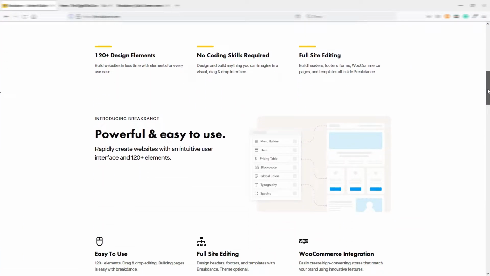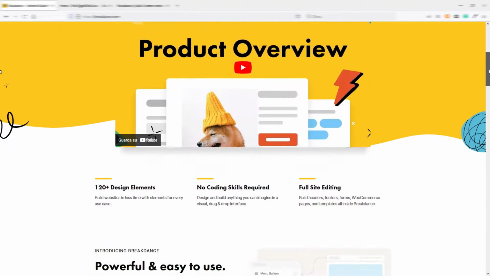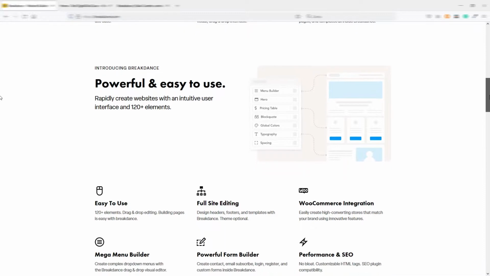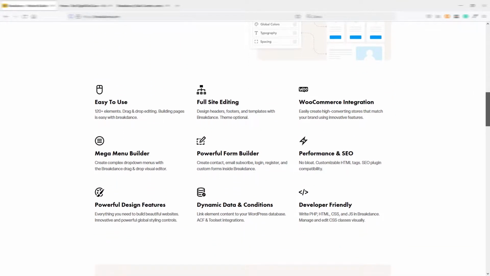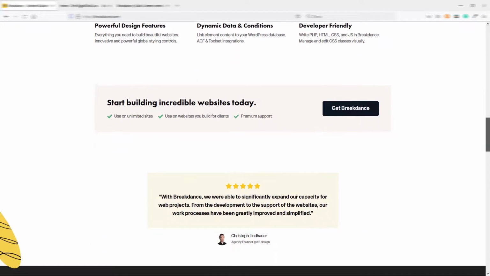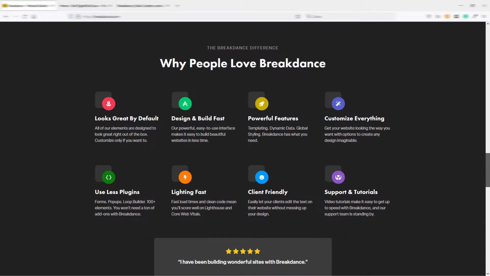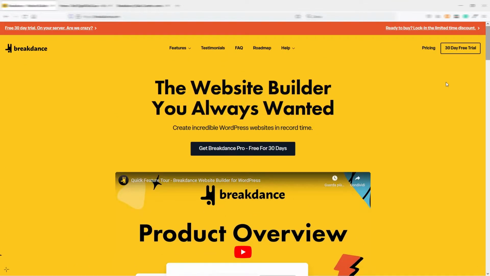Breakdance has been made by the same developers of Oxygen. Oxygen is really liked by website developers because it's very advanced, but it's quite difficult to use. This new Breakdance Builder is easy to use, but at the same time you can do even advanced things. So many Oxygen users are already trying out Breakdance, but the real target here from these guys is the typical